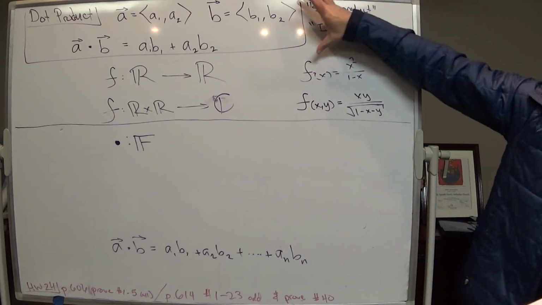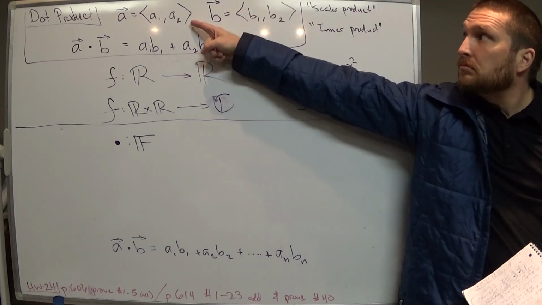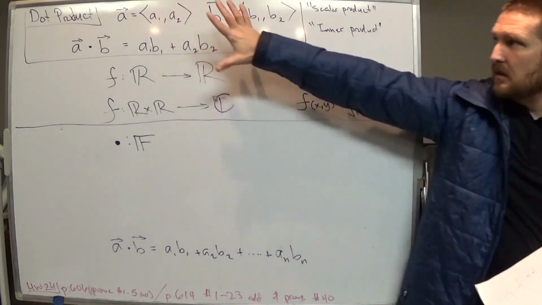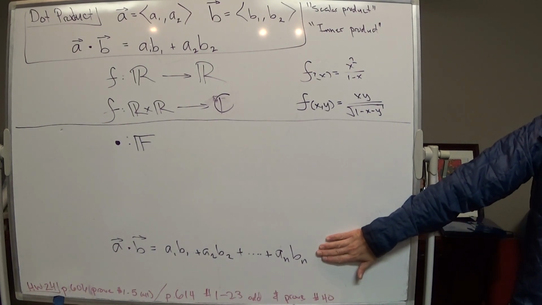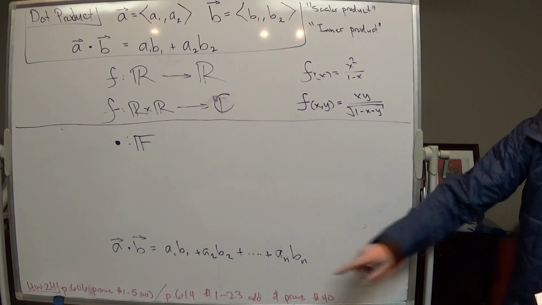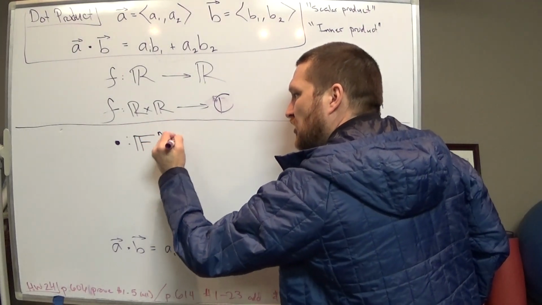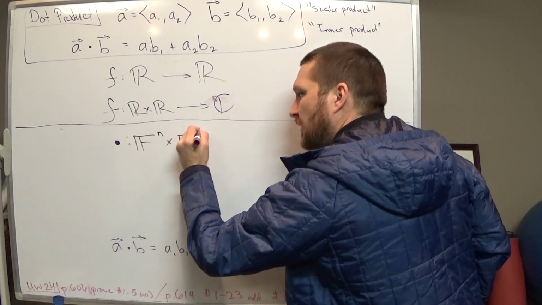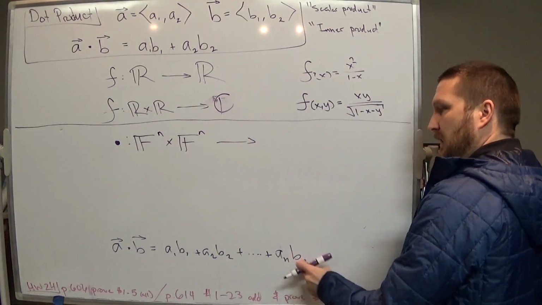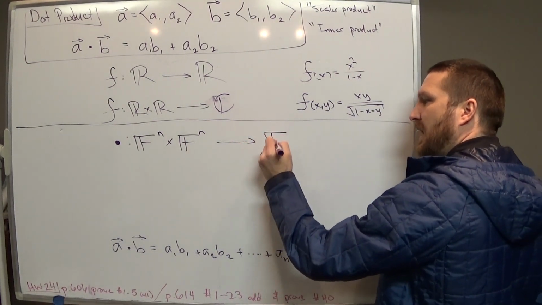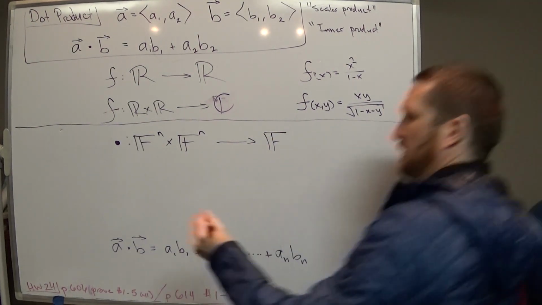In our class, we're restricting to where the vectors are in R2, right? Real numbers in the plane. But in general, it doesn't have to be real numbers. It could be any field, and it could be any dimension. And so what it does is it takes two vectors of any dimension, and it gives you back an entry that's in the underlying field. So in our class,